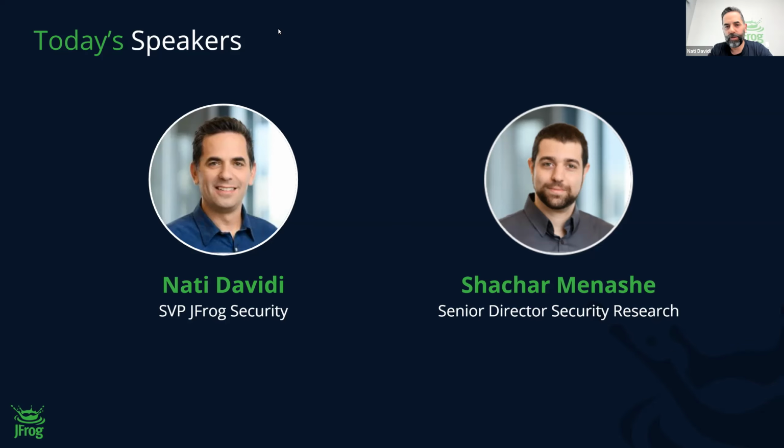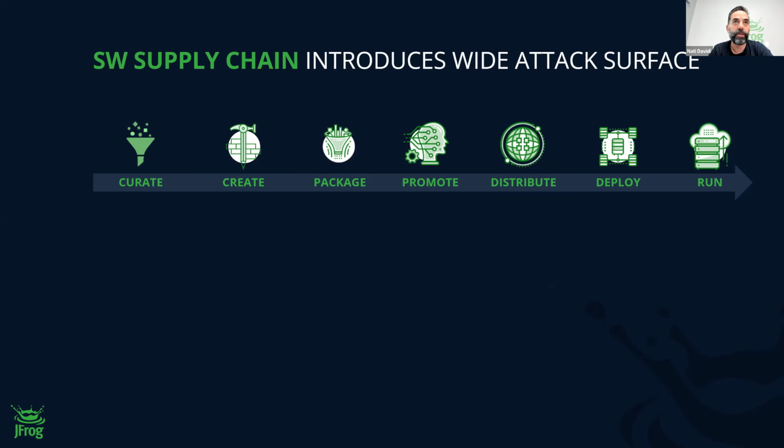Thanks a lot, Yaj, and thank you everyone for joining us today. Before jumping into the main topic of this gathering, the high-profile CVEs of 2022 and what we have learned from them, I would like just to give a bit of context of why we are doing that, what we've actually been doing in the last year and during 2022 specifically, in order to help the community. As you can see here, we at JFrog are highly focused on supply chain management and security. When you look at the software flow here, from curation through creation, packaging, promoting, distribution, deployment, and production, clearly the attack surface is, I wouldn't say endless, but relatively big.